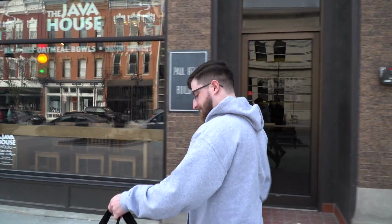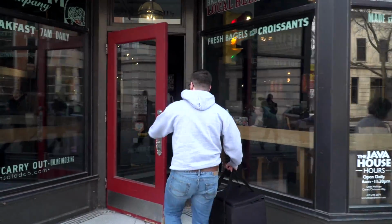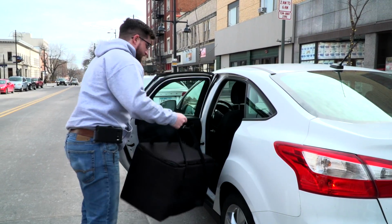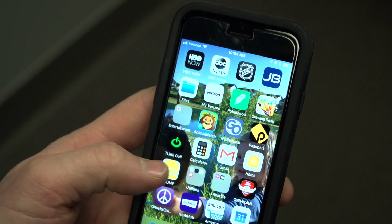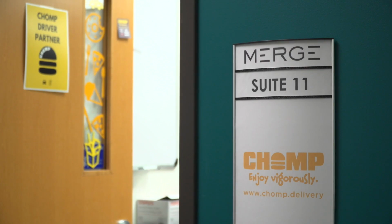19 of us pooled some money and basically started our own delivery service. We realized that we could do this better. There's got to be a better way, and there's no reason that we can't do this ourselves on a local level. The investors pooled together resources to create an app and website, set up a downtown office, and develop the